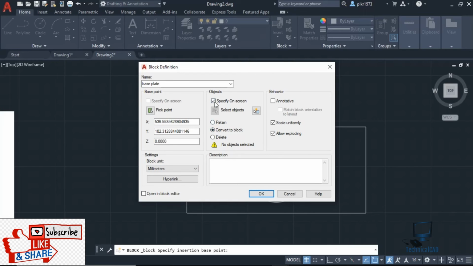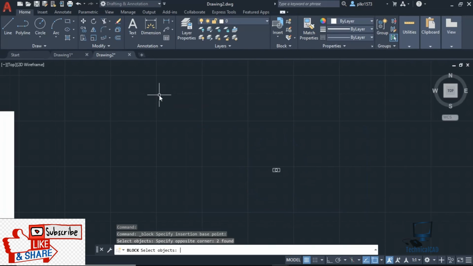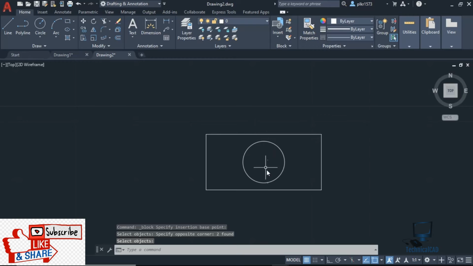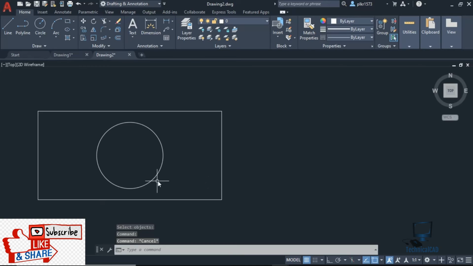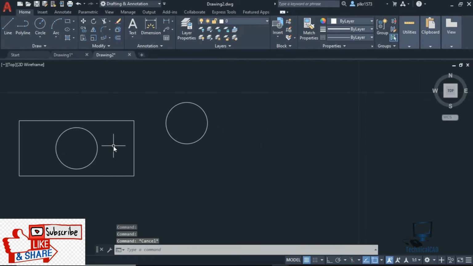Convert to block. Select the objects. So now it has been created as a block. See, it's a single object. Now in this block I need to copy the object, I need to copy this circle. At that time I will use NCOPY, nested copy objects. NCOPY, enter. Select the object, enter. Now select the base point, move. Okay, so this is nested copy objects. Whenever there is a block and you want to copy something in that block, you have to use nested copy objects.